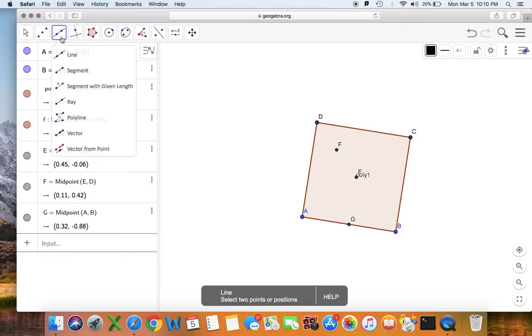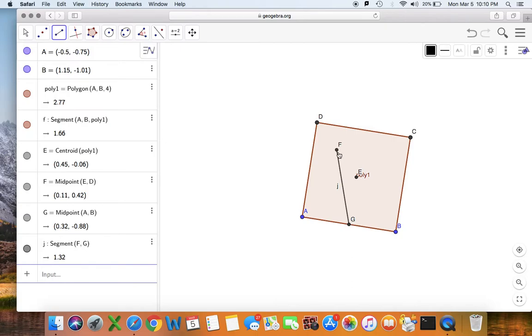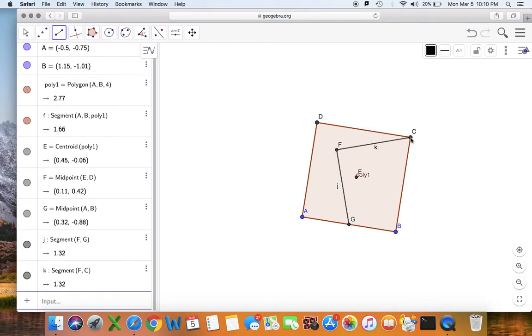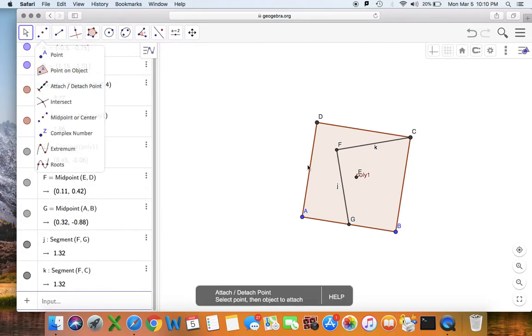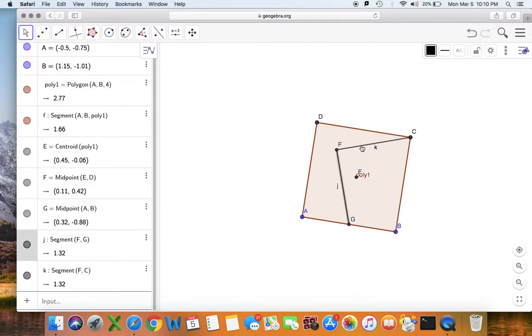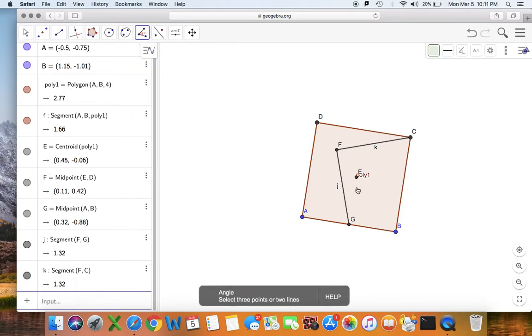We have 2 segments, and my claim is that this segment J and this segment K are of equal length and that they are also perpendicular. So let's go ahead and look at it in the GeoGebra